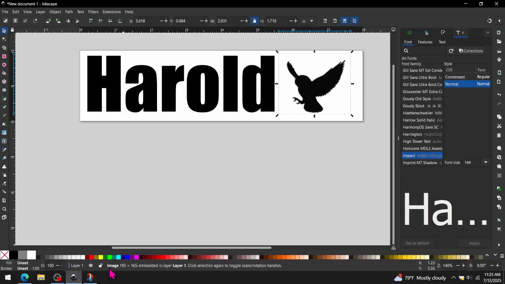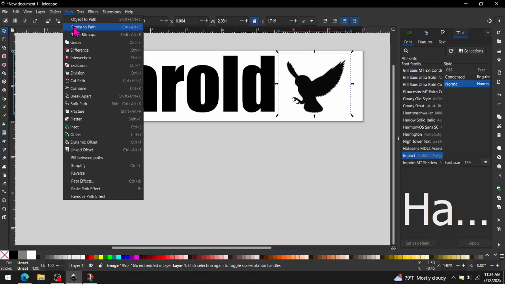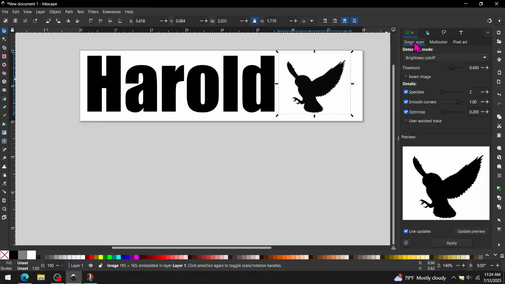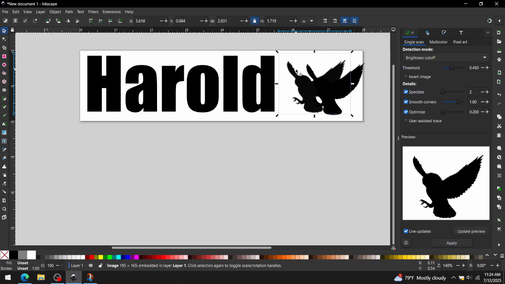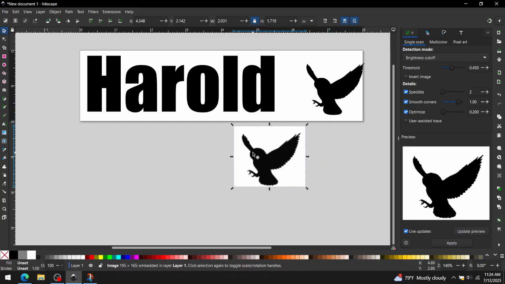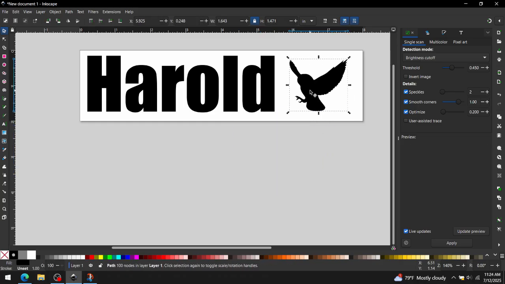Now you'll see at the bottom, I'm working with an image. I do also need this to be a path. Inkscape has a process for that under Path and Trace Bitmap. It defaults to the single scan option, which is what we want. I can click apply, and you'll see there's a smaller box now. I can click either this, or if I knew where the box was behind it, click that. So I'm going to make sure I have the image selected, drag this over, delete it,